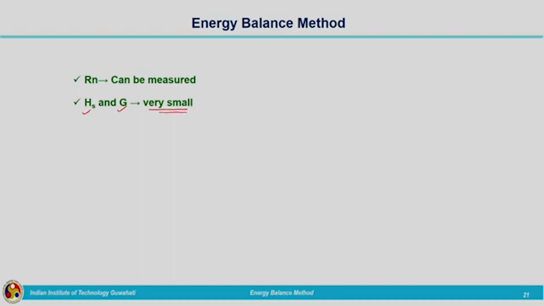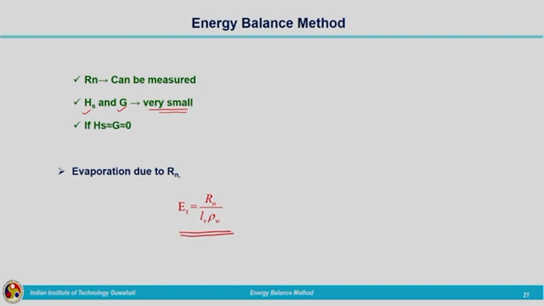In this method, we assume that if they are not given to you, you can neglect them. So, Hs and G, the heat transferred to the atmosphere and to the ground, can be assumed to be 0. If that is the case, evaporation due to Rn can be written as Er is equal to Rn divided